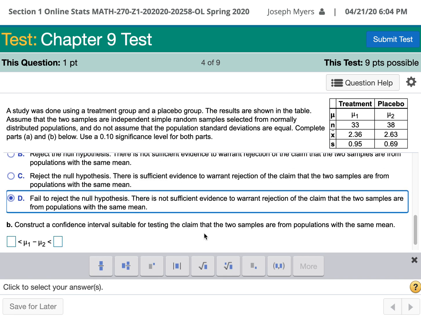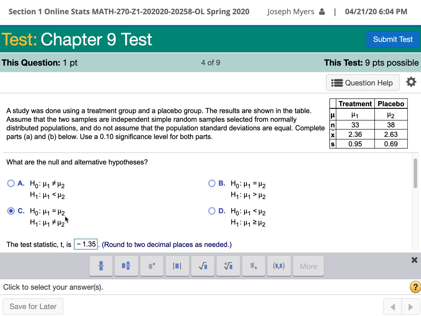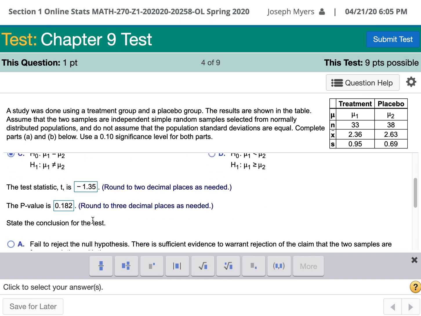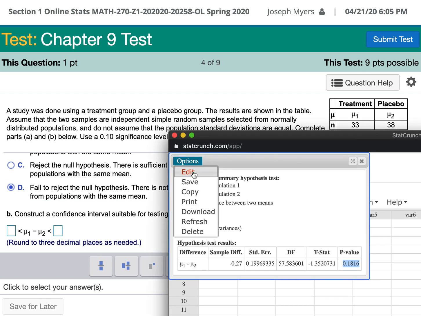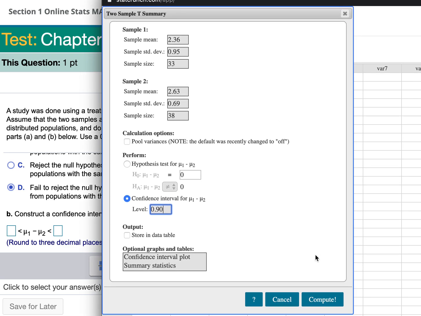Then it says create a confidence interval. Well, notice that this hypothesis is a two-sided hypothesis. And when it's a two-sided hypothesis, then the confidence interval is based on the same significance level. So there should be 10% on the outside and 90% on the inside. So go to these options and change them. Just change them to be a confidence interval and change the level to be the same as that, so 90%, which represents a 10% significance level of a two-sided test. So then compute,